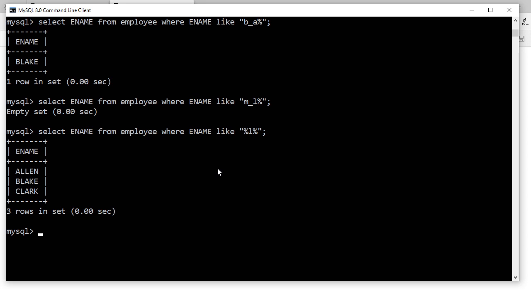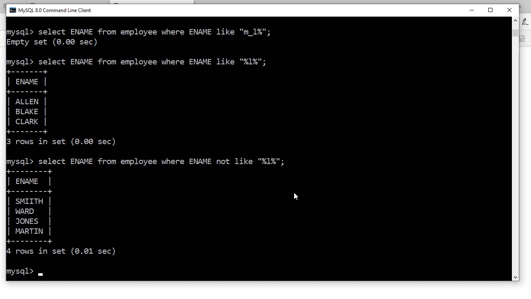Sir, if we want to remove double L, then we can use not and percentage double L percentage. Something like that has to be done. This will not come perfectly with pattern matching alone; we have to add some more programming. Let me see first whether ename not like works.